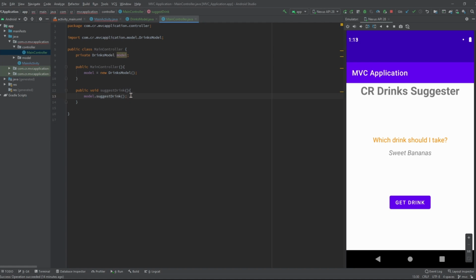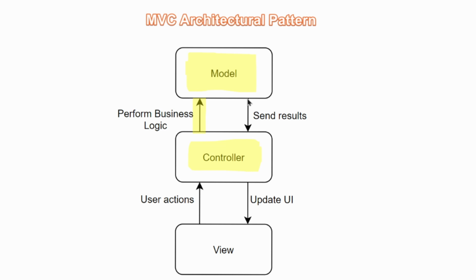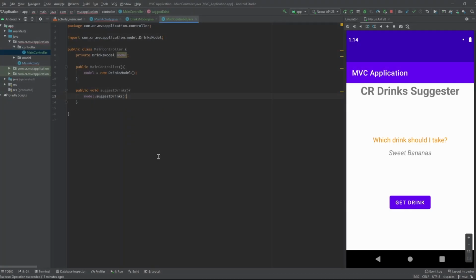We have created a new function in the controller which will communicate with our model. So in order to send back results, we have to create a new way that will send the results back to the controller. For that, we also need a reference of the controller in the model.